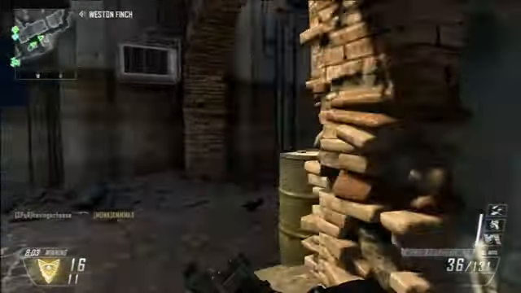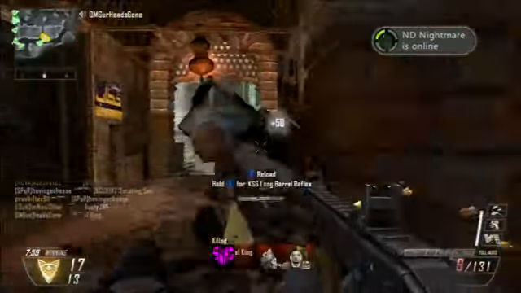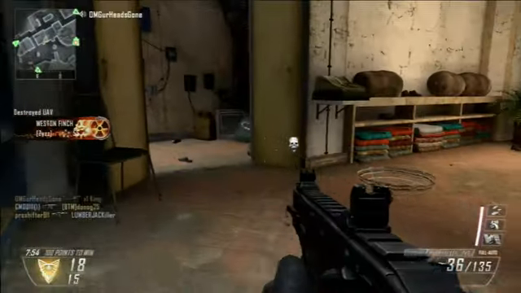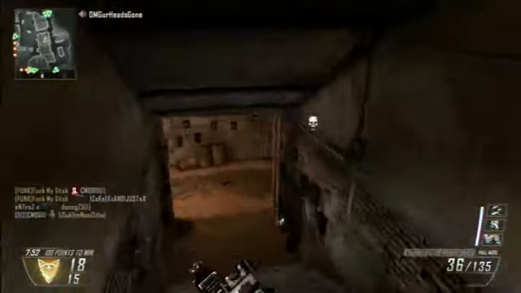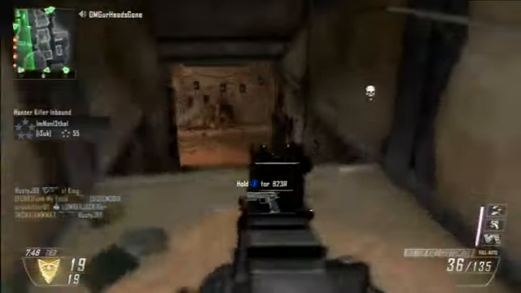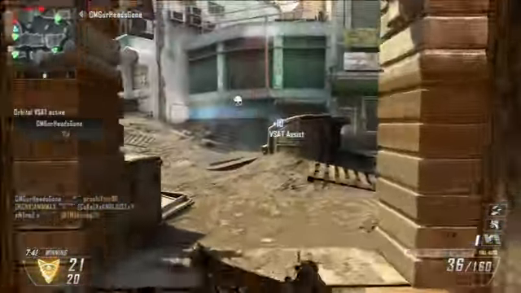Okay, so tip number 1. You're going to want to learn how to navigate the maps, and I don't necessarily mean you have to learn spawns and stuff like that. That kind of comes as you play more and more, but there are some basic tips that are going to help anybody out, regardless of whether or not you have perfect map knowledge. What you're going to want to do is stick to the edges of the map,